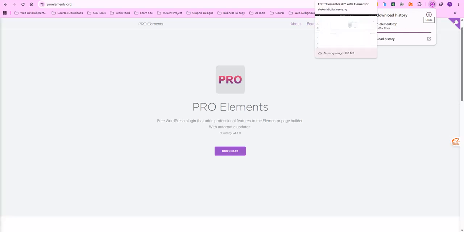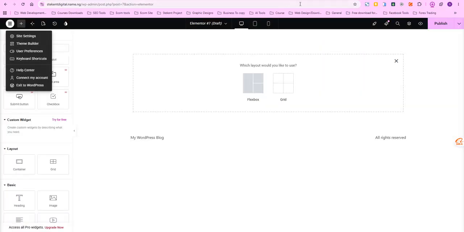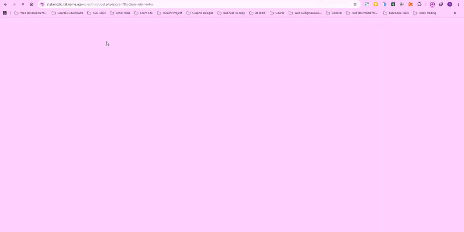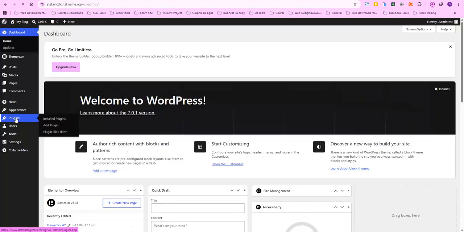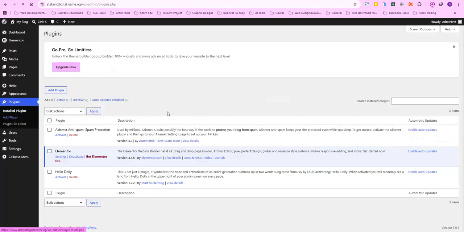So you come to your website. Let me duplicate it so that you'll be able to see. Then go back to dashboard. Then this one, add plugin,